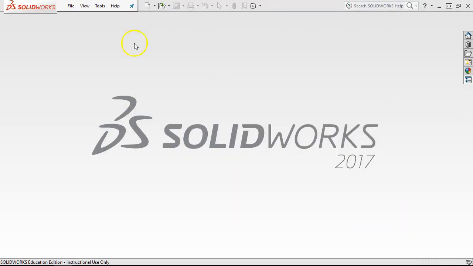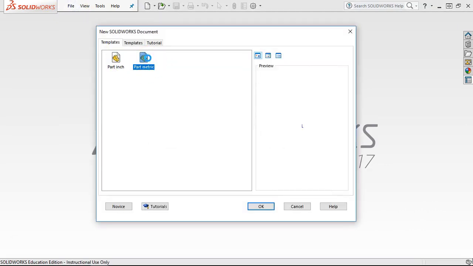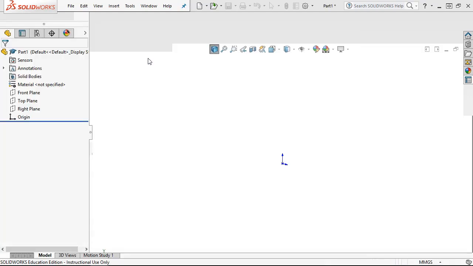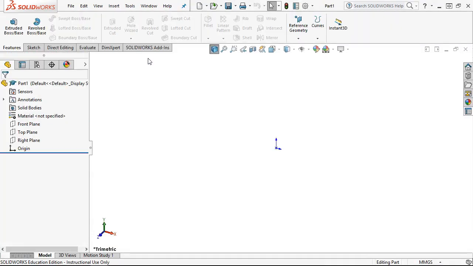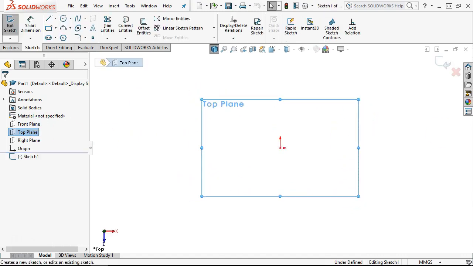All right, so we'll fly this out. We are in metric, so file new, part metric. If you have those templates set up to where you can jump right into metric, it's one less step, it's one less possibility. And I will say that my experience with the exams, they're metric. It's a worldwide exam. It's an international exam. It's metric. All right, so I'm going to go into the top plane, and